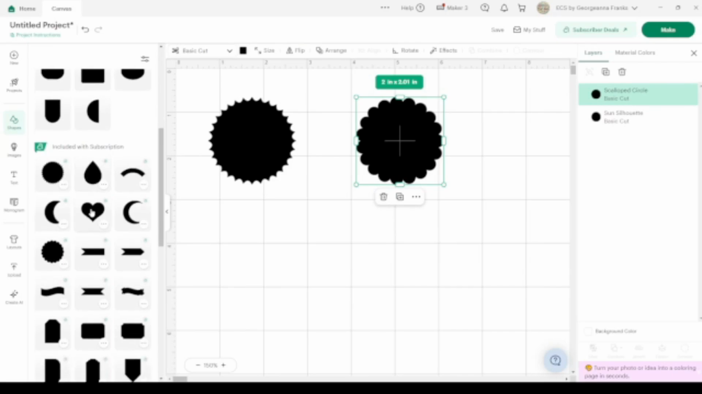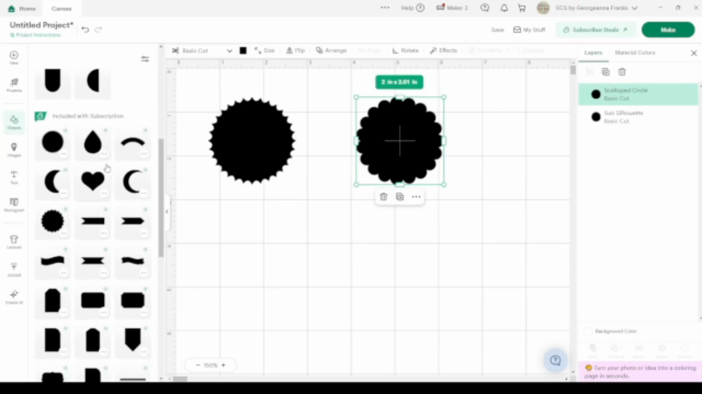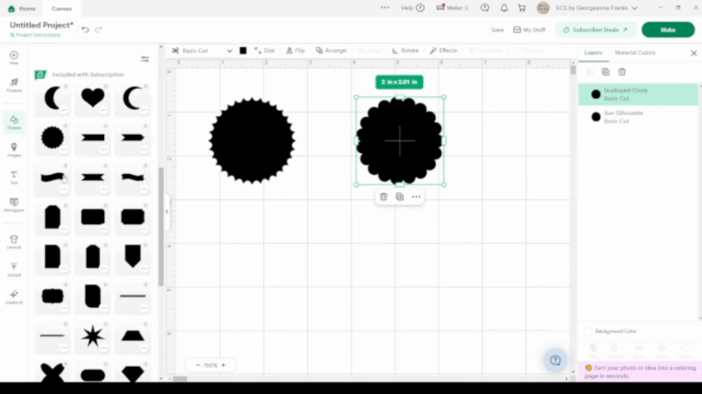The heart's not easily duplicatable. That's not a word. It's not easy to replicate. If you can get the teardrop shape, you can kind of work with that, but most of the rest of these are fairly easy to do. This one, not so much. This is the one